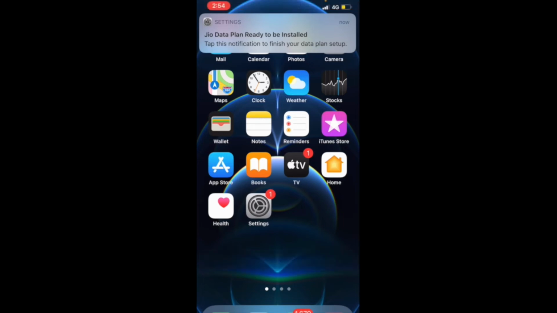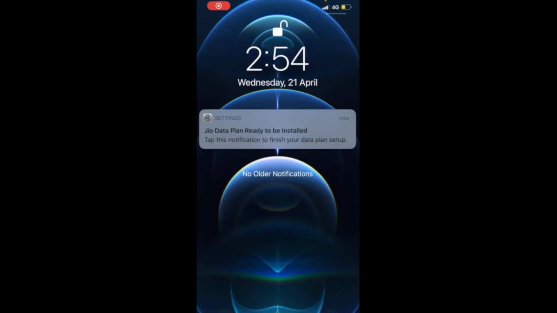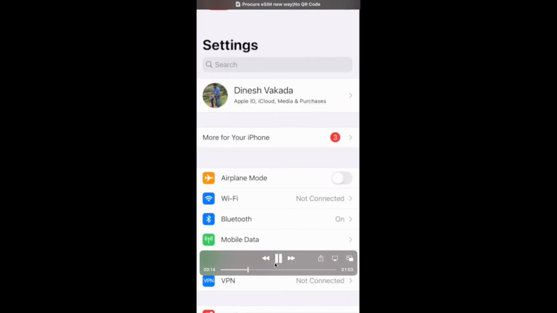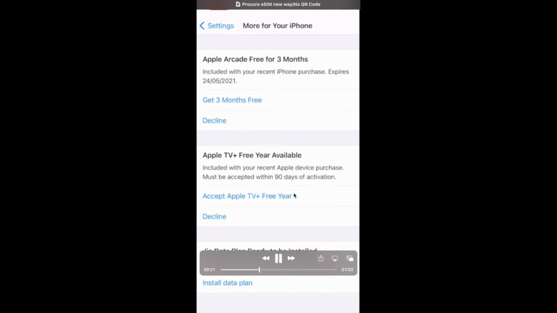If you tap on the pop-up you received on the screen, as I did, it will land you on the settings page. You can see some pending notifications waiting here for your iPhone, and this section shows whatever push notifications you have received.